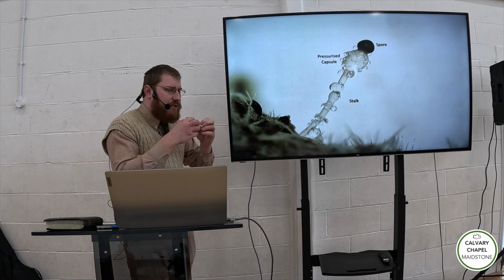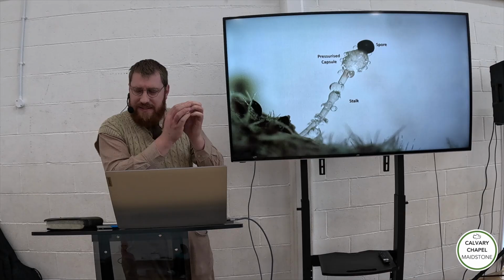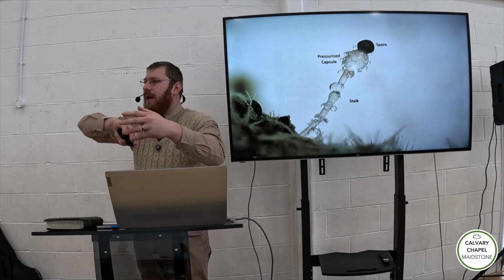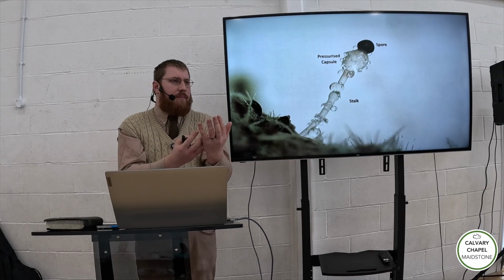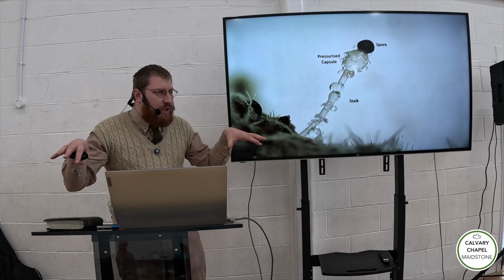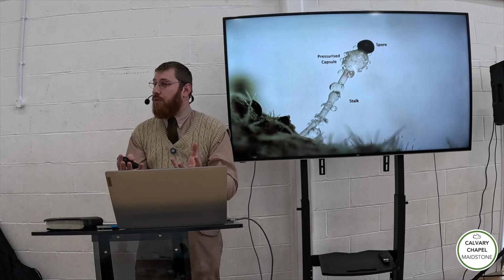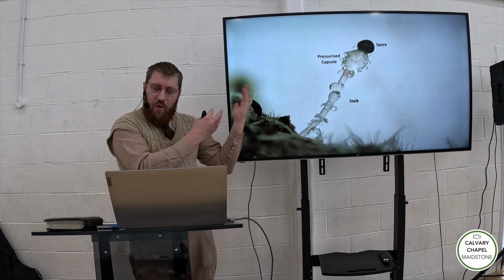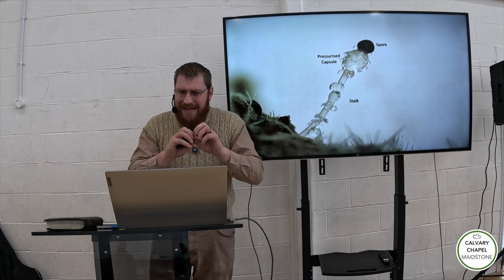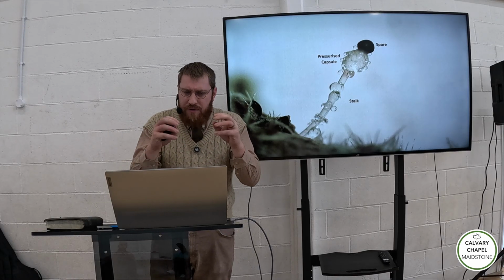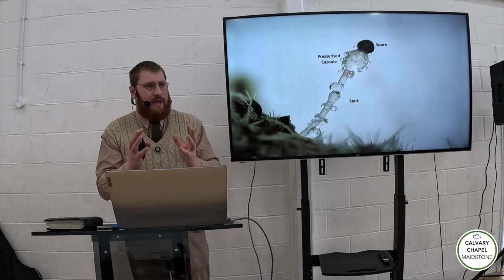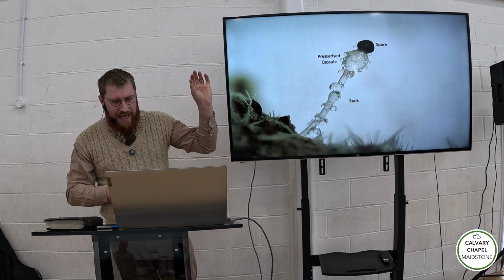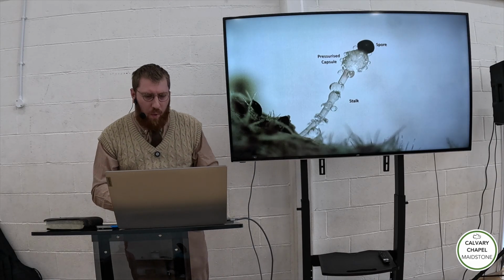That spore will produce the cells of the fungus called the hyphae, which intertwine into the mycelium, which is the main body of the fungus. That's what consumes whatever the fungus is sitting in, whether it be a stump or the soil or indeed horse manure. As it grows, it produces this fruiting body with this stalk, with this capsule, and with this little spore